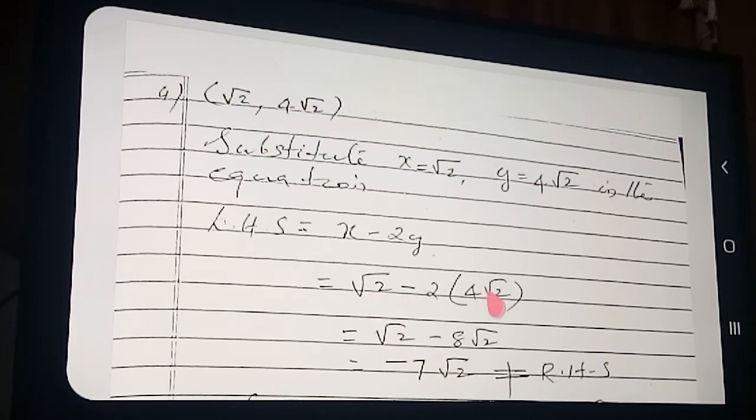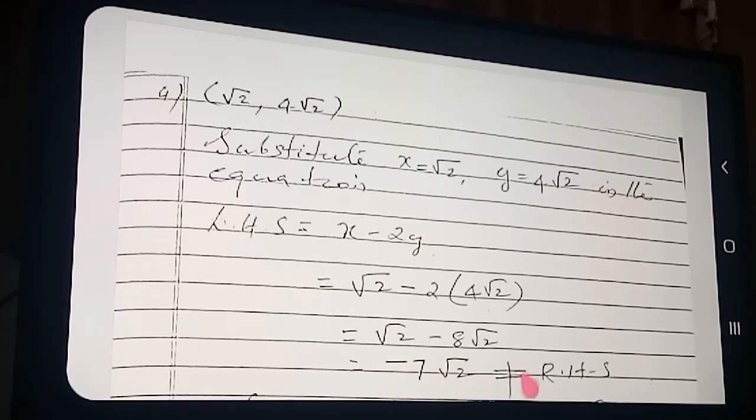This is root 2 and this is also root 2. So we get the same irrational number, so we are able to add or subtract. Here 1 root 2 minus 8 root 2. So 1 minus 8, how much is coming? Minus 7. Take the difference and put the sign of the largest number. What's the difference between 1 and 8? 7. The largest number is negative, so minus 7 root 2.